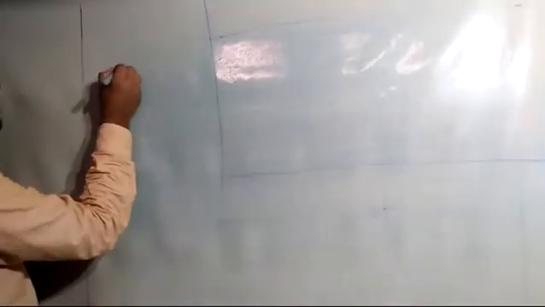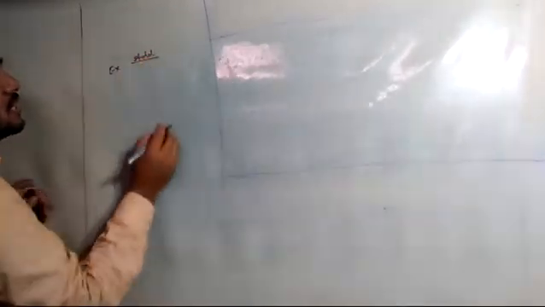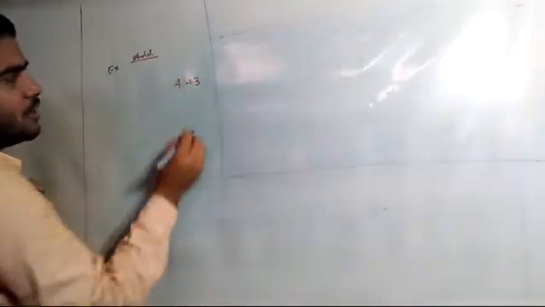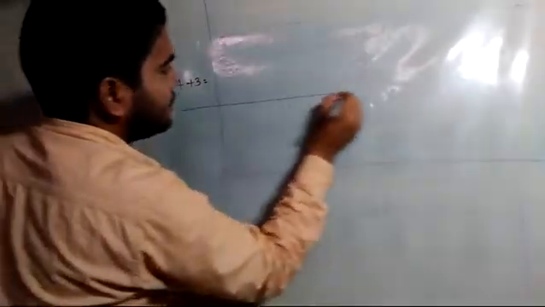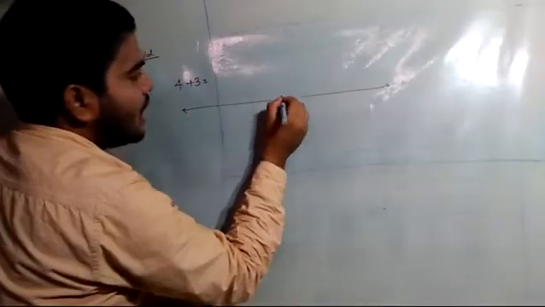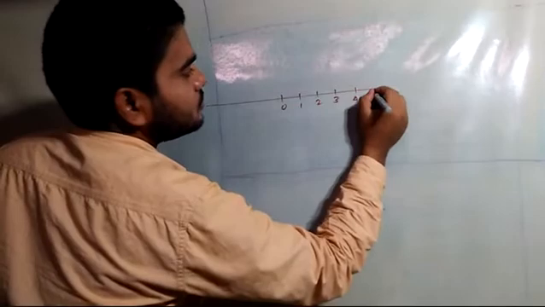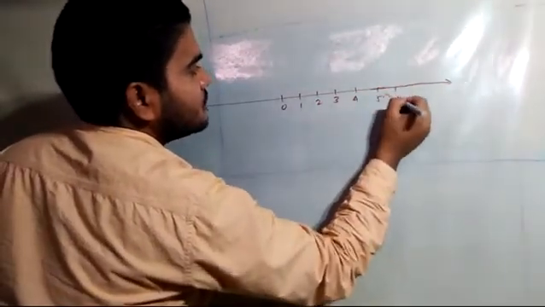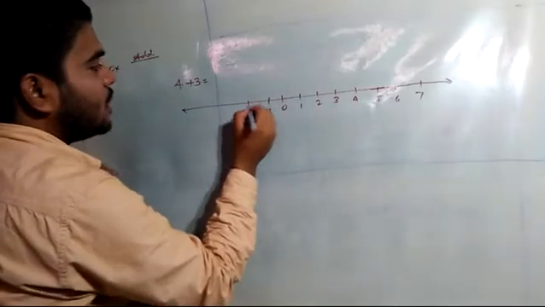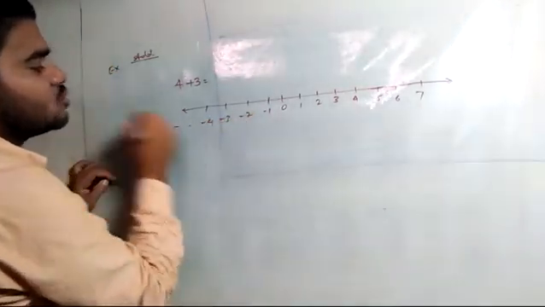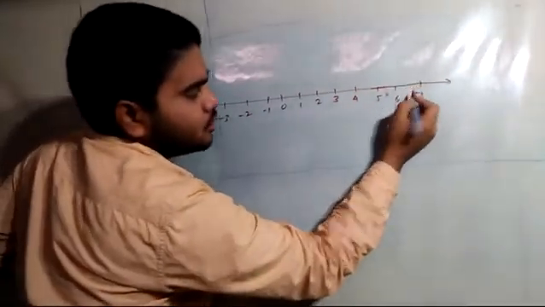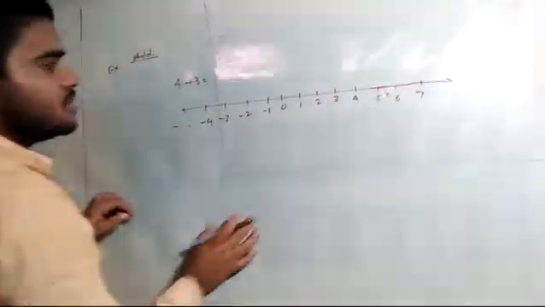Now here I will be teaching you how to add and subtract numbers on number lines. The very first example I will take is addition. For addition I am taking various cases. Like if I have 4 plus 3, then I have to add on a number line. So first we will draw one number line, mark it 0, 1, 2, 3, 4, 5, 6, 7, and -1, -2, -3, -4, and so on. Why have I increased it? First I marked up to here, then I saw that my number will not go up to that much, so I reduced it.